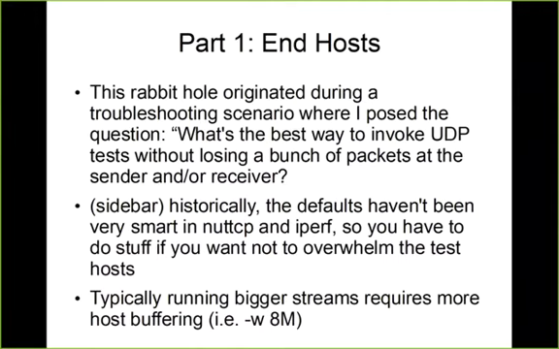Historically, the defaults for NUTTCP and iPerf haven't been very effective for UDP tests. You have to know stuff in order to run a successful big throughput UDP test from point to point. And typically running bigger streams requires more host buffering,